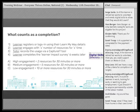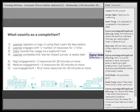If they've never registered for Learn My Way, they can register on the Digital Skills Directory, and they can then log into Learn My Way or Digital Skills Directory using their new login details. The learner would then move to the